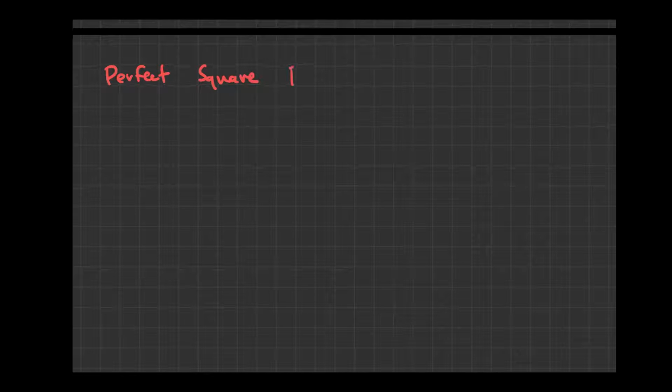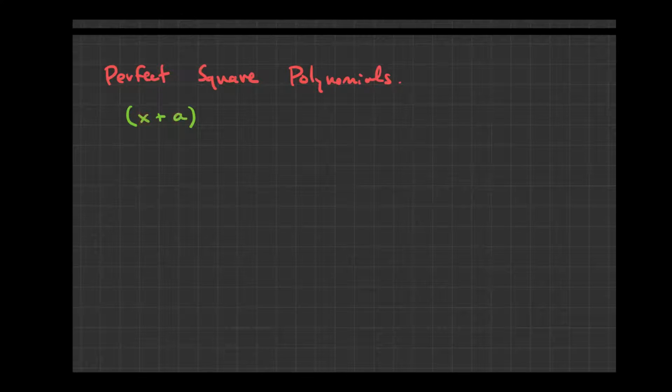I'll call it perfect square polynomials. So if I have a linear factor like x plus a, this is what you could call a binomial, where x is my variable and a is one of my constants, which in the real world would actually be a number. And if I were to square this,